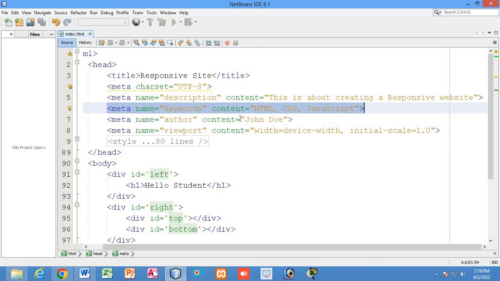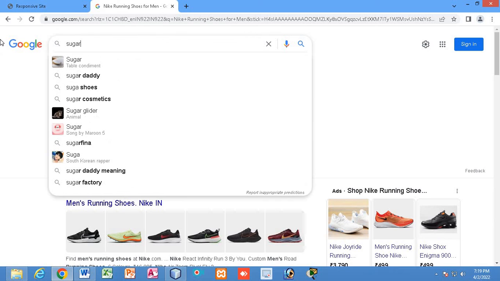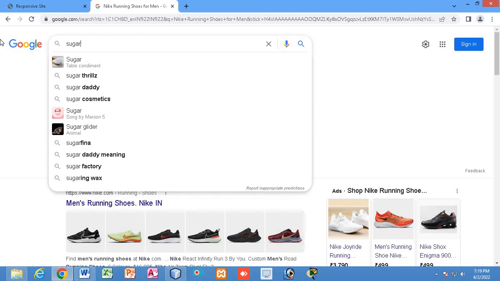How can the user access your grocery store? What will they write to find the grocery store? Naturally some grocery item, let's say sugar, salt. So these are the items, and this will be the keyword. To find a grocery store, what will I write over here? I may write sugar,